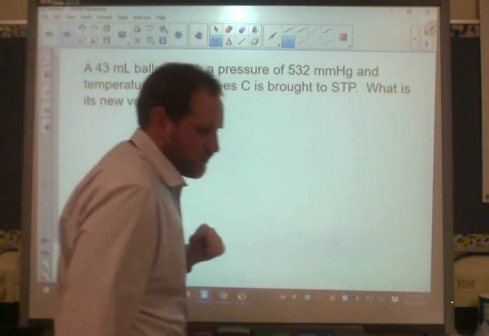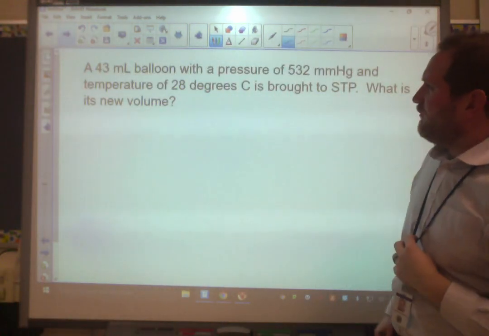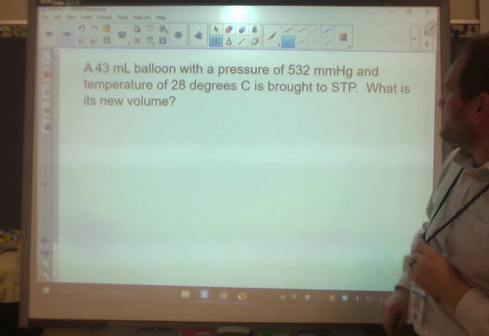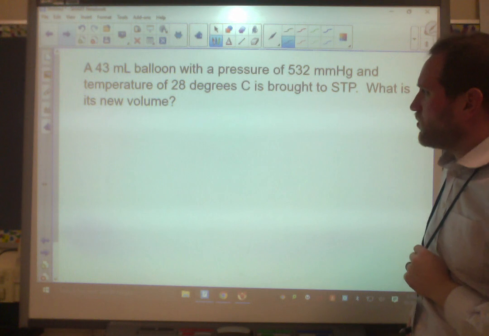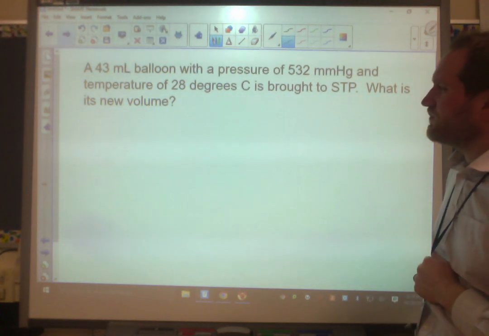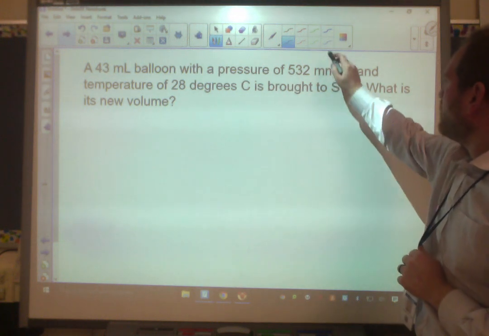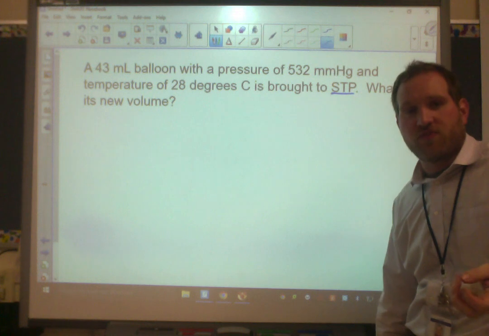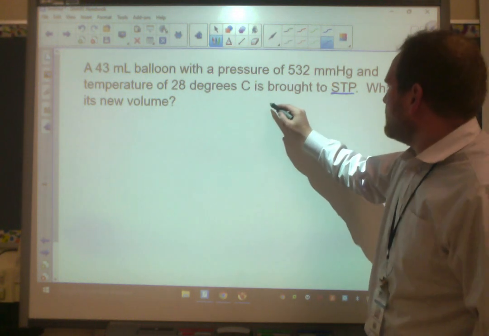All right, last problem. So we have a 43 milliliter balloon with a pressure of 532 mmHg and a temperature of 28 degrees Celsius. It's brought to STP. What's its new volume? Okay, so first of all, what is this STP? Well, we talked about it briefly. It means standard temperature and pressure. And at this point, you should have that memorized. Standard pressure